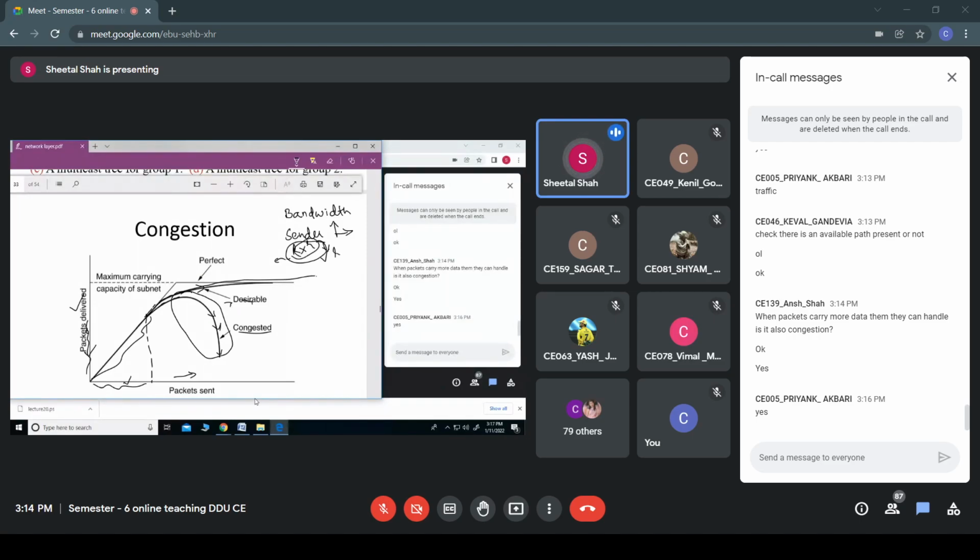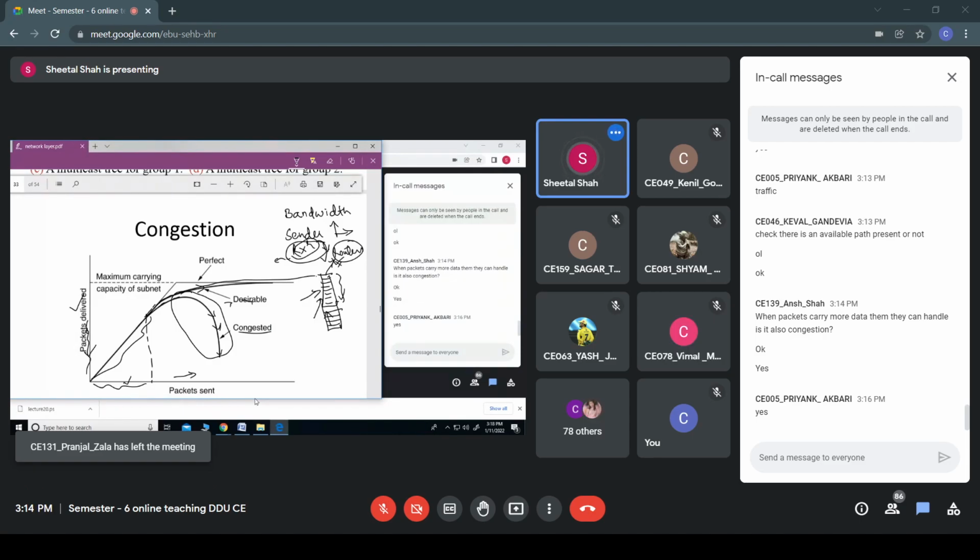Or even not the receiver, even the routers in between. If they are slower, then the queue within the router would build up. Say suppose if the routers are slower, the number of packets coming to these routers would increase and they will be stored in a buffer. And then the router would send the packet on the outgoing link. Now in case the buffer size is more, if I increase the buffer size, whether the congestion can be reduced.